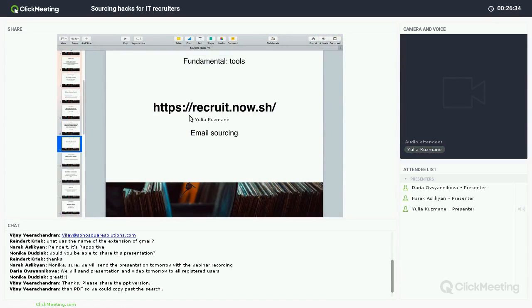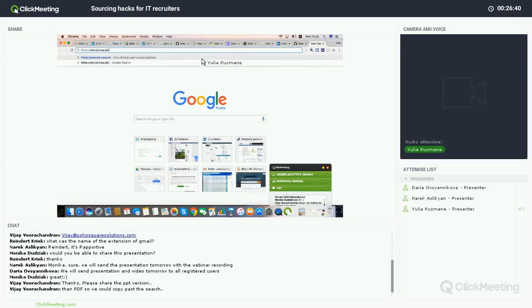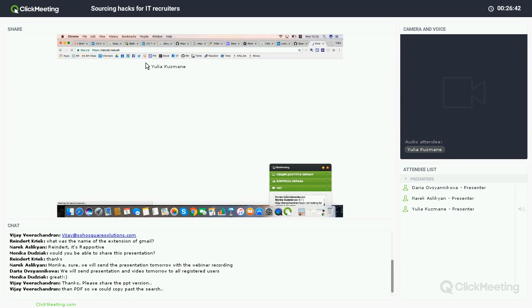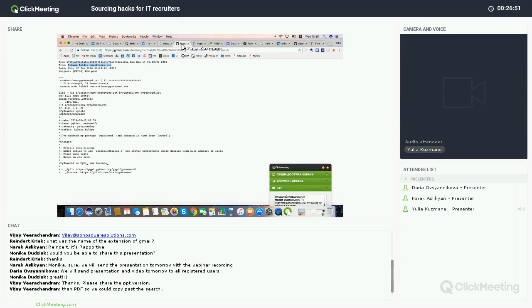There is one more very elegant way to find an email on GitHub. I really like this tool. You can just go to recruit.now.sh, and this is a specific GitHub users email address finder. So we go back